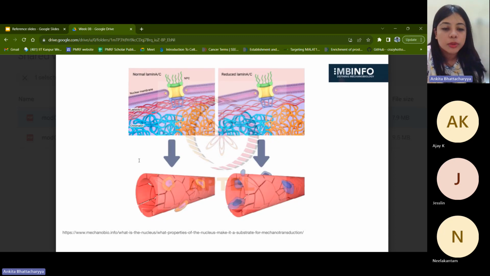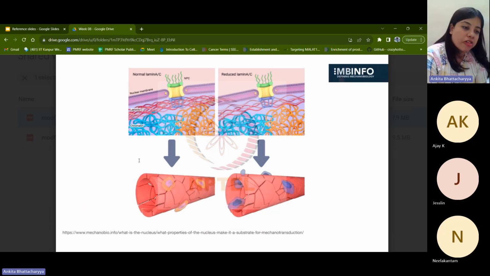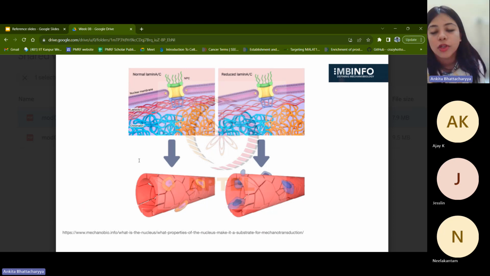I'll come here. So the idea that was explained here was that the nucleus probably has some role to play in mechanotransduction. It basically means that the nucleus probably has some capacity of sensing mechanical stimuli surrounding the cell. So what do we mean by that? There is an example which was given here, with respect to blood pulsing through our blood vessels. Its movement is not continuous, not like a flow, but instead it is a pulsating movement, which is why you can feel it in terms of a pulse.